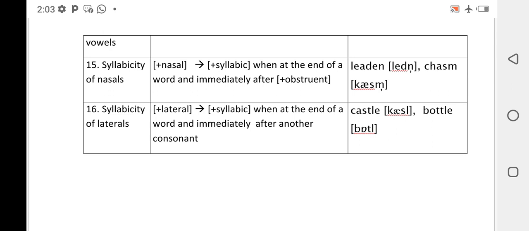So we have castle, battle. Okay, castle, battle. So ka is one syllable, so is another syllable. But here they are talking about a word, but because this word is a disyllabic word, it has been divided into